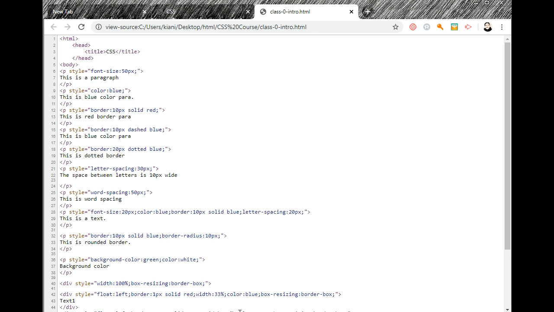Now I think you have understood how to write basic CSS, how to write inline CSS, how to write properties, how to write property values, how to separate with the semicolon, and how to use multiple properties. In the next lecture we will do all three methods: one method is inline, the second method is internal, the third method is external with the CSS file. We will see that. Till then, bye.